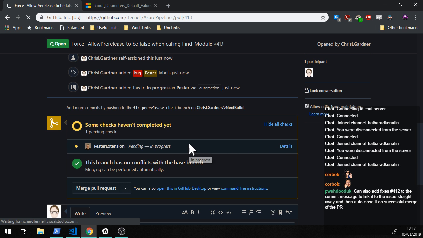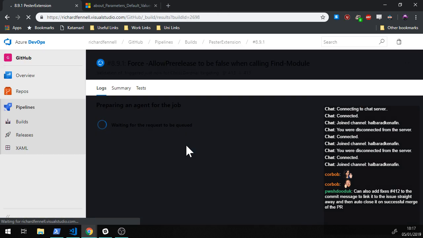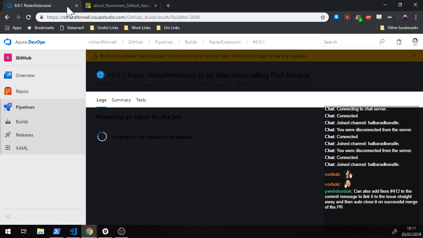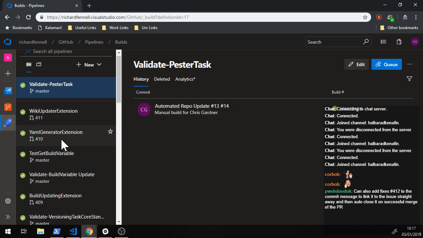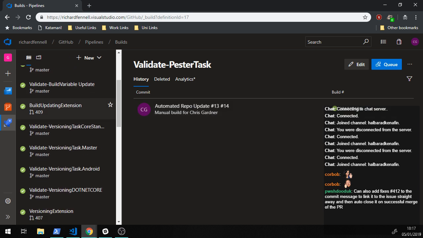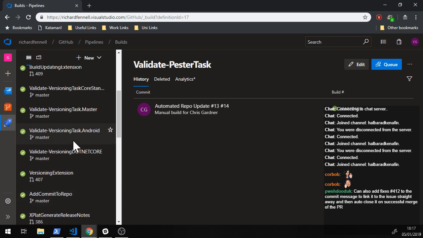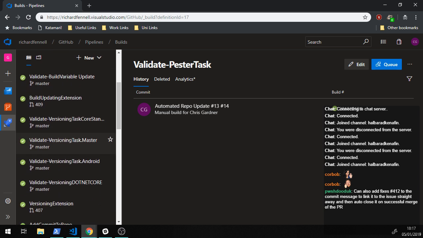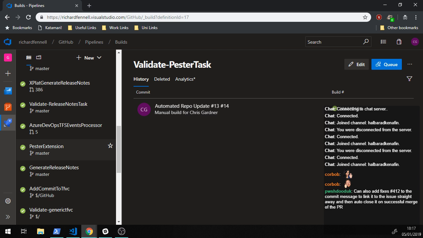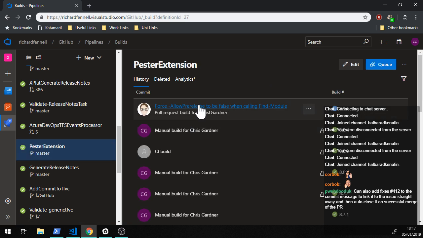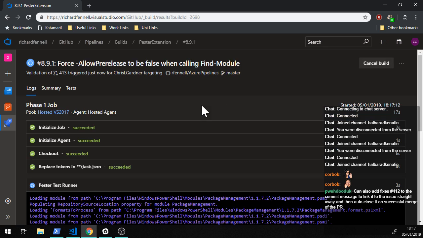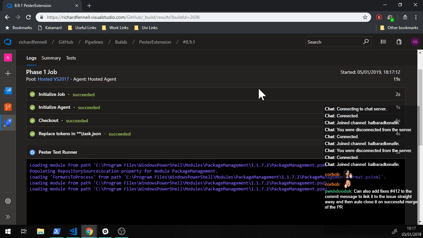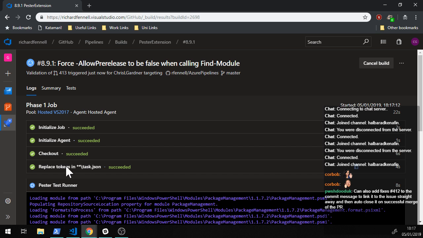So here we have our release pipeline. Oh, that looks awful. Let's jump to my other browser for that. So we have quite a few builds for the various extensions we manage. Pester extension. And they do some simple things. We update the